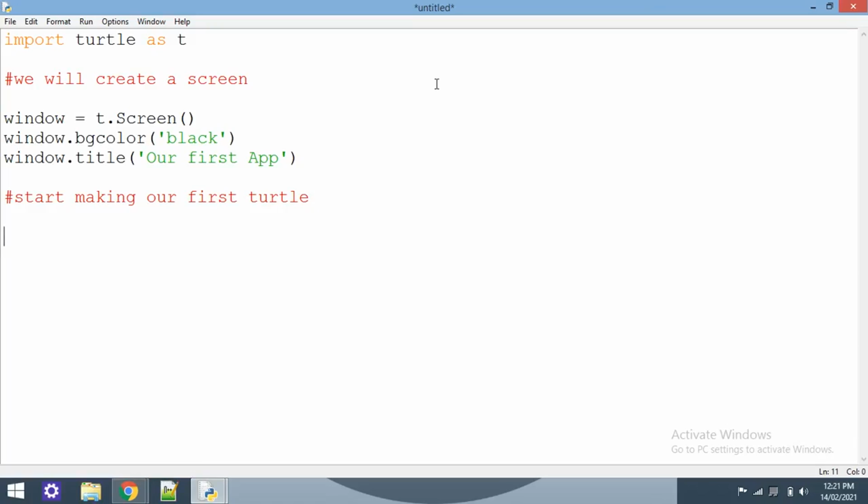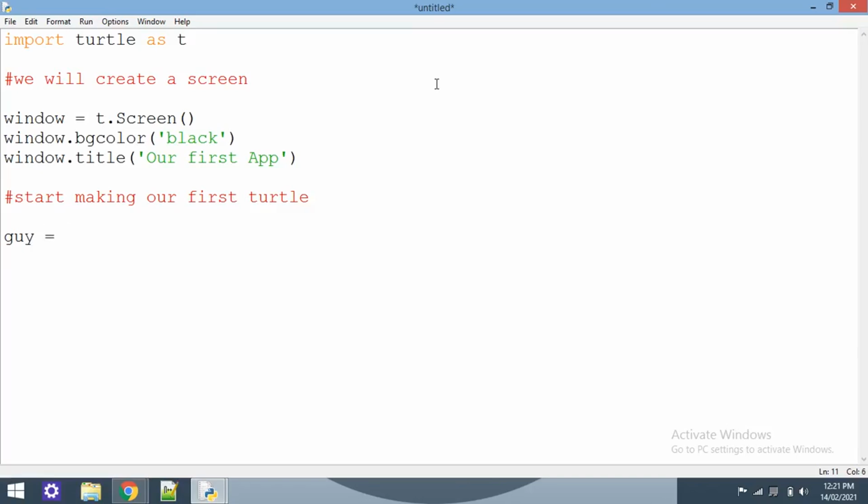I don't know what we should name it. Let's call it Guy. That would look good. So we have a turtle whose name is Guy.